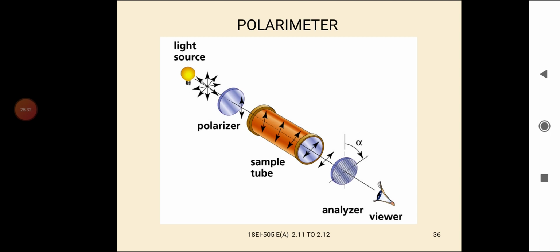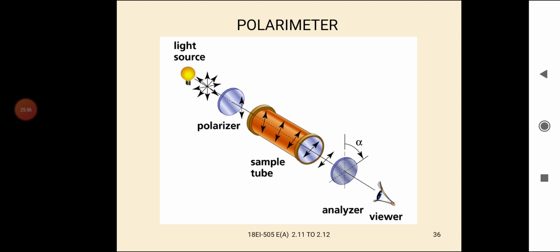That means one plane, one vibrating direction of the electromagnetic wave, is generated. This one-direction vibrating electromagnetic wave is passed onto the sample tube,